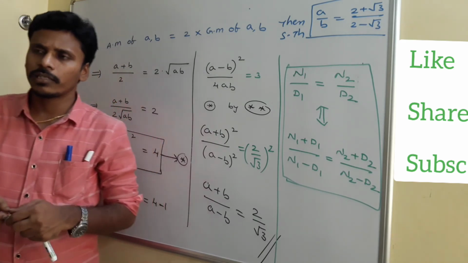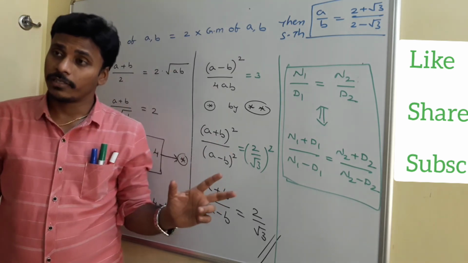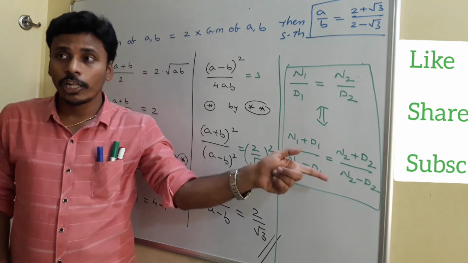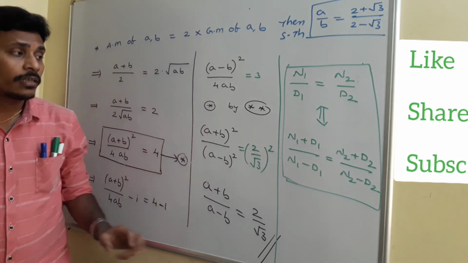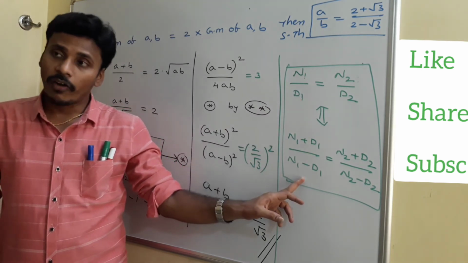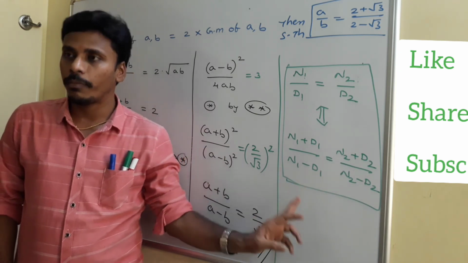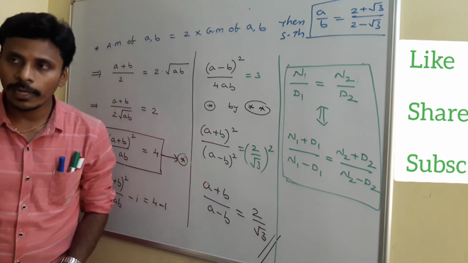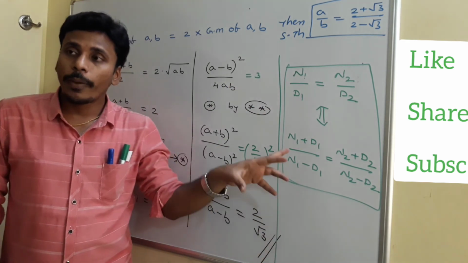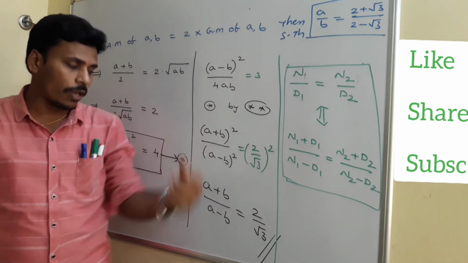I think at least some of you are aware of it, right? See, again I am explaining for you. There are two fractions and the fractions are equal. Left side you have numerator and denominator, right side also has numerator and denominator. Left side, add both the terms in numerator, subtract denominator. Right side, add both the terms in numerator and subtract denominator. Again, these two also become equal. That is the componendo and dividendo rule, right? So if you utilize this rule, it directly proves our problem.